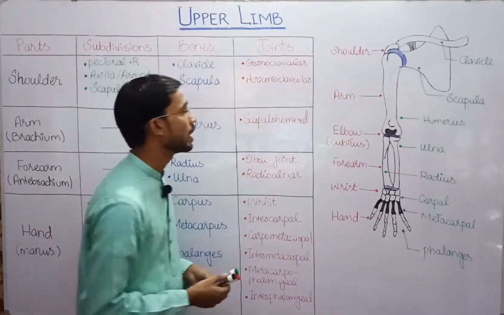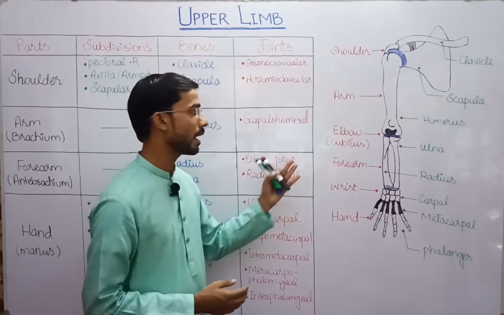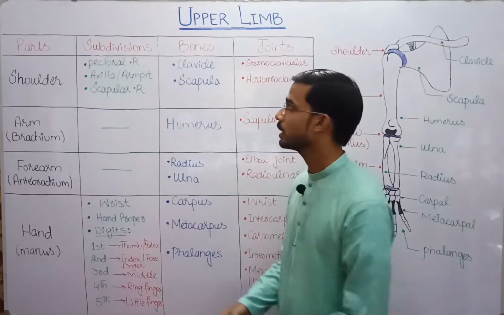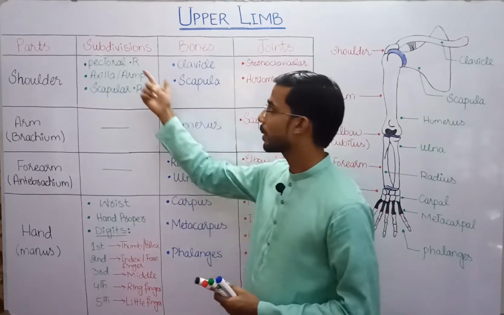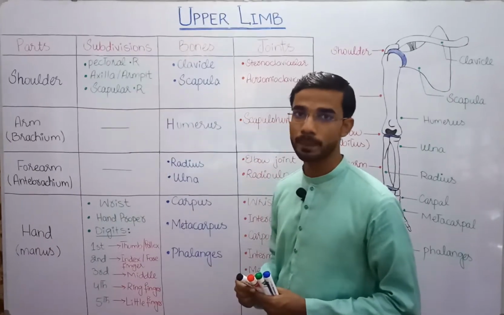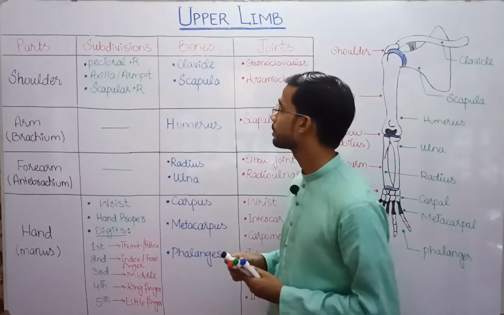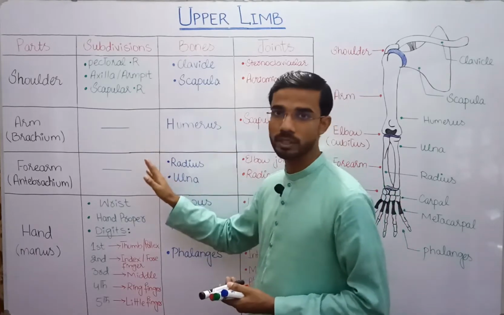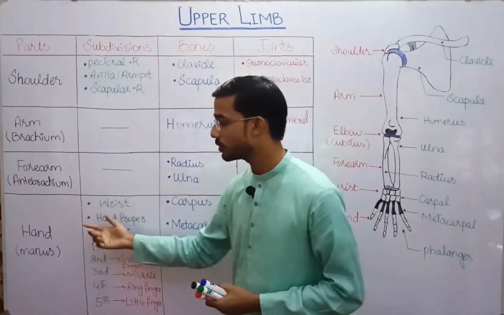Let's see. Actually, we divide the upper limb into four parts: shoulder region, arm, forearm, and hand. Here you can see in detail that we divide the shoulder region into three parts: pectoral region, which means shoulder region, axilla, or you can say armpit, and scapular region, which is the back area. The arm, which is also called brachium, has no region. The forearm, antebrachium, has no region, but the hand, which is also called manus,